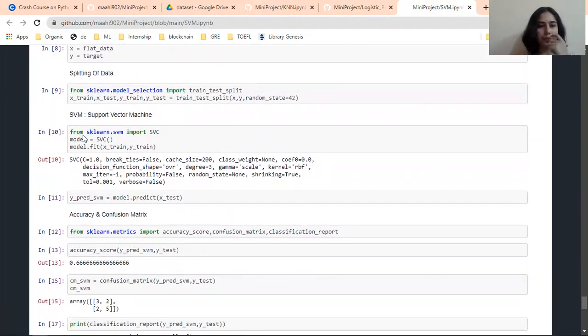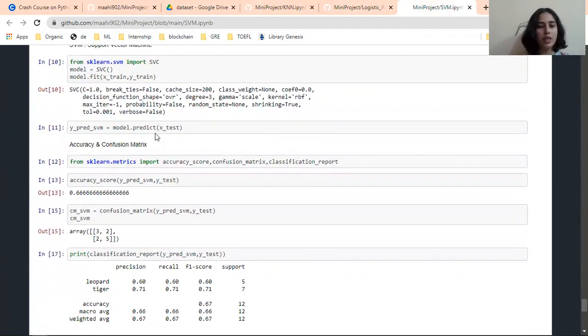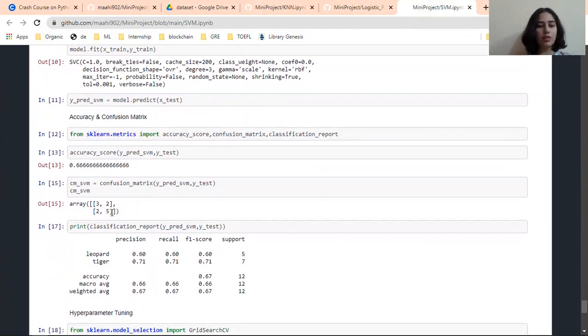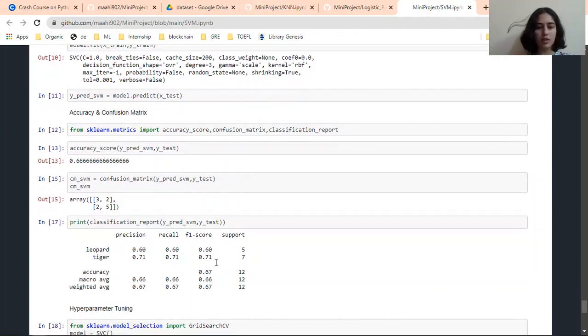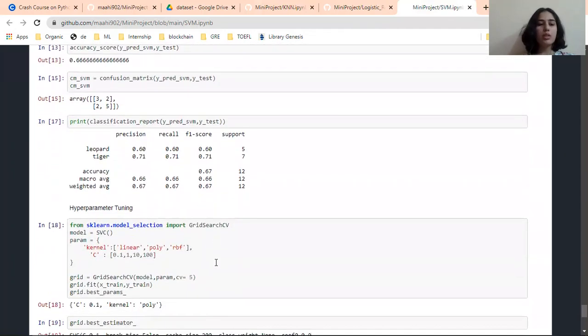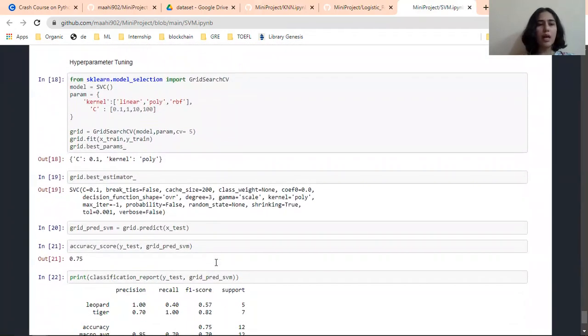And the model I have used is the SVC model, and after predicting with this model, the accuracy score of SVC is 0.6666. And this is the confusion matrix of this model and the classification report. Here you can see that the F1 score of leopard is 0.60 and of tiger is 0.71.